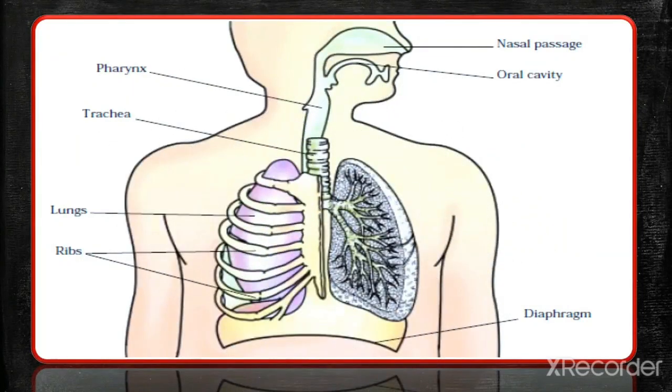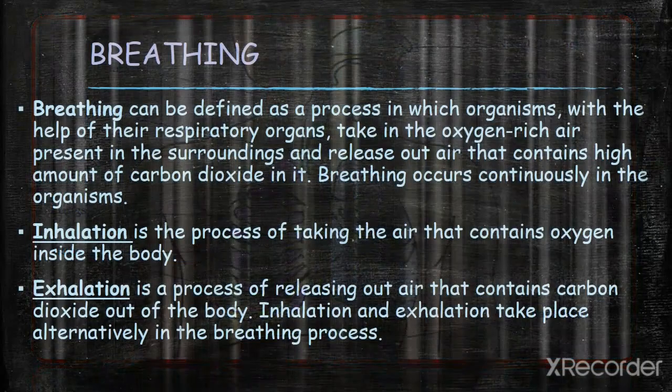This is the diagram showing the process of respiration in human beings. This contains the nasal passage, oral cavity, pharynx, trachea, lungs, ribs and diaphragm. All these parts together make up the human respiratory system. We will talk about the mechanism involved in the process of respiration in the upcoming slides. Before that,